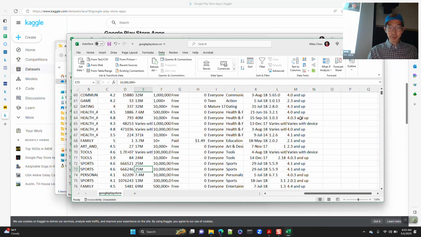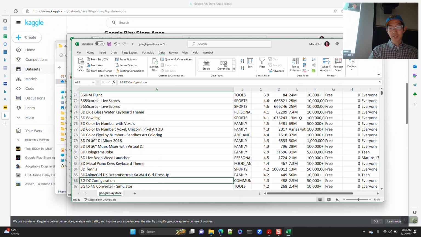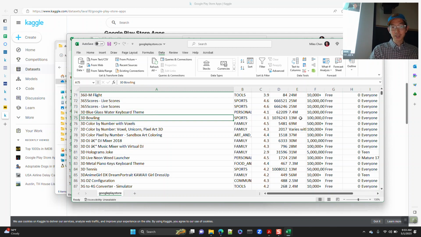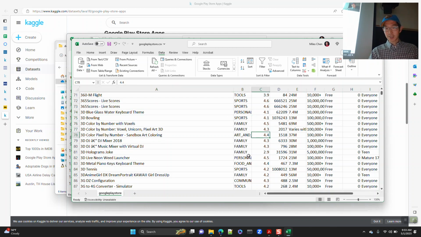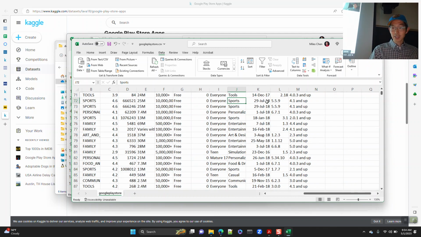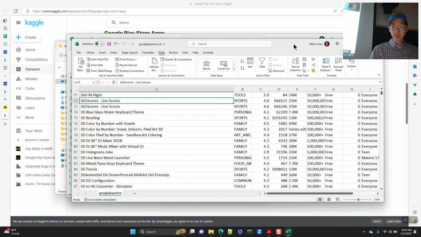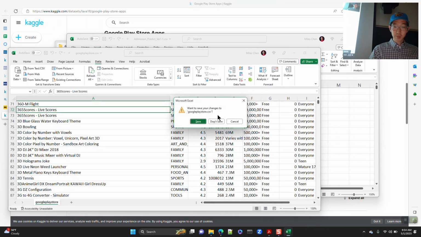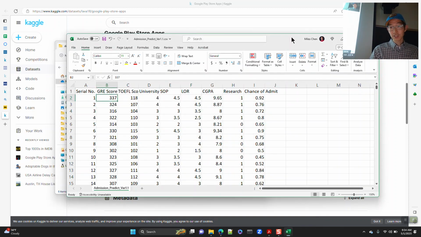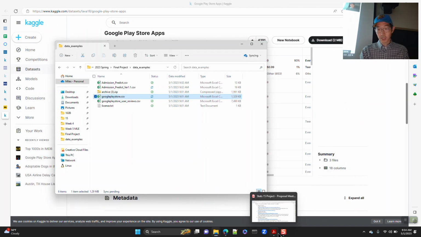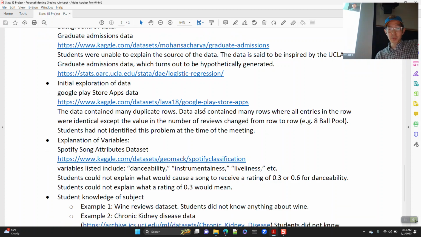Okay, it's a pretty popular app with over 10 million downloads, so it's quite possible that those reviews are legit and real. But again, how do you get rid of duplicates here? As far as the date, it has the same kind of release date. So which one do you pick? There are problems with that, and that will lead to challenges in dealing with and cleaning up your data. So be aware of that. The data contain many duplicate rows.